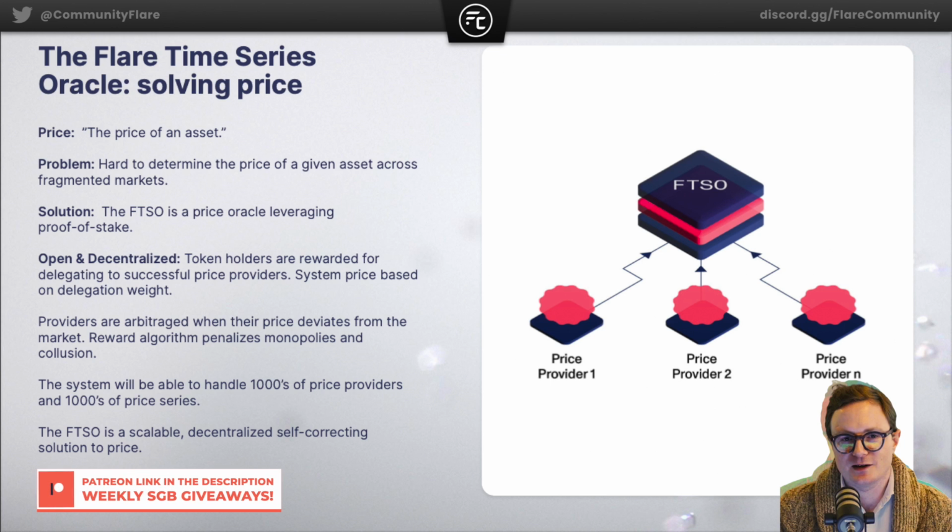And those prices are aggregated in the FTSO smart contract. This forms a distribution. The smart contract cuts the tails of the distribution off. So it removes the top 25% and the lower 25% of prices, leaving it with the 50% in the middle. It then takes the weighted average median, weighted by your delegation, and that weighted average median gives us the price. It sounds simple, but there's a lot of game theory in it. But so far, it's been extremely useful and extremely robust.